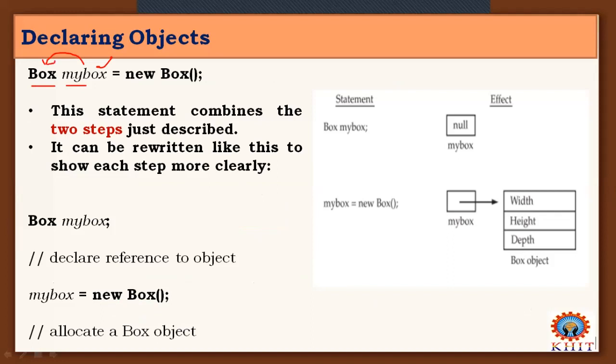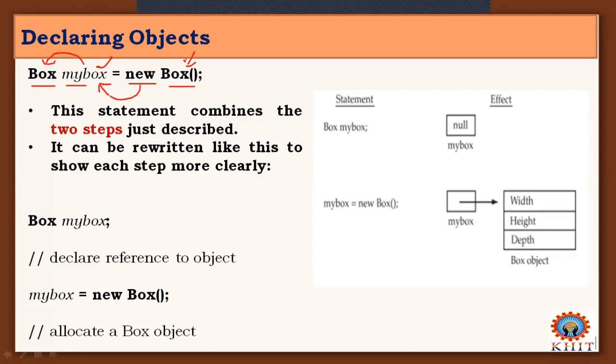And when you use this equal to followed by the new operator, it creates memory for this object of the box class, and that memory reference can be assigned to this myBox variable of the box class, and it is the constructor used to create memory, or you can initialize the class object.